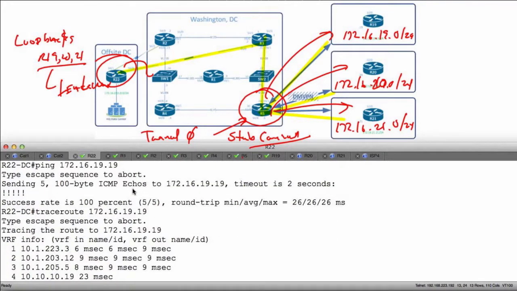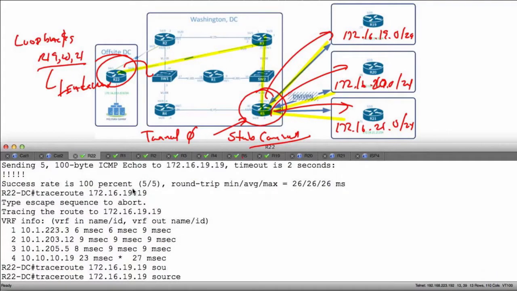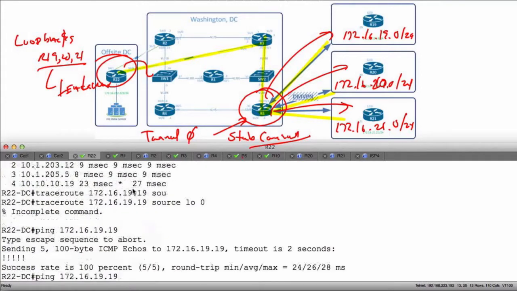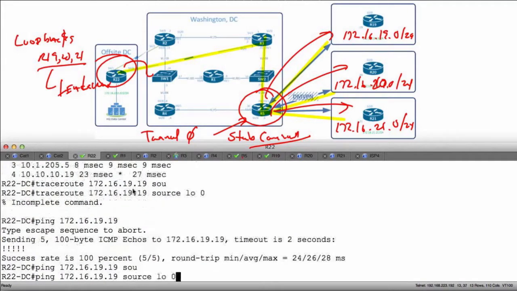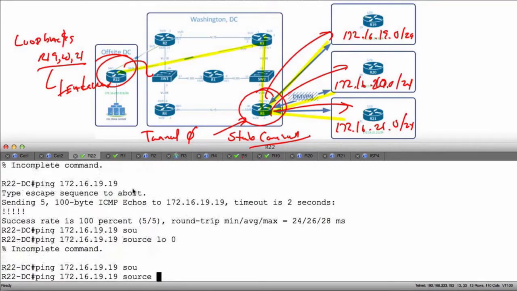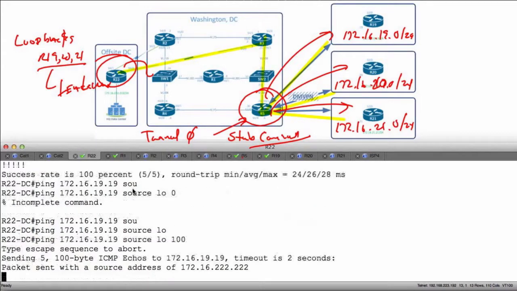172.16.19.19. R3, Cat2, R5 to 19. Now what if I source it from loopback interface? So let's say source LO0. Well, let's see, source, trace route. I need to do it. Let's do a ping. Ping 172.16.19.19. Ping works. Source it from LO0 and no. Loopback 100. That's what I'm looking for. Yeah. So notice it did a source address of